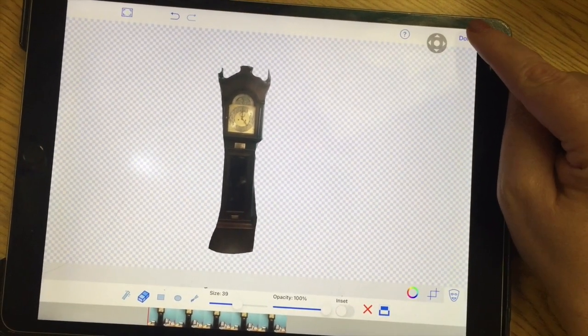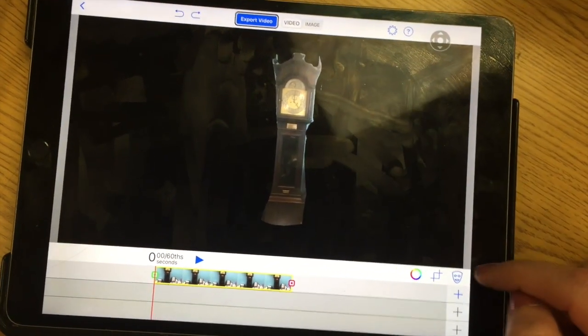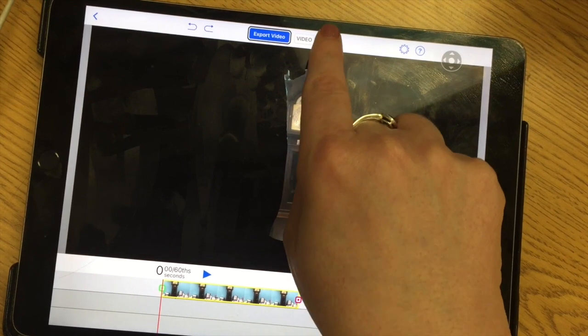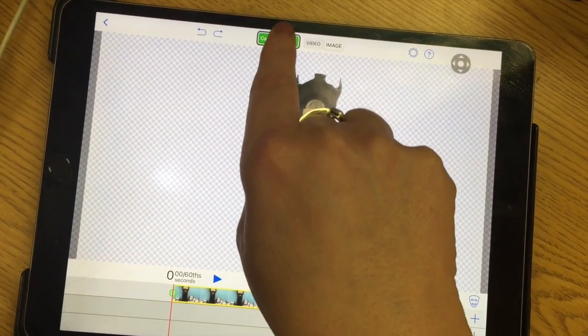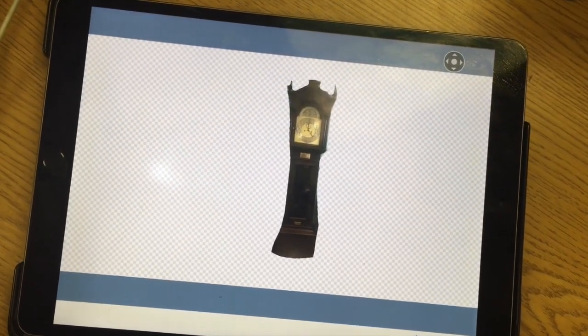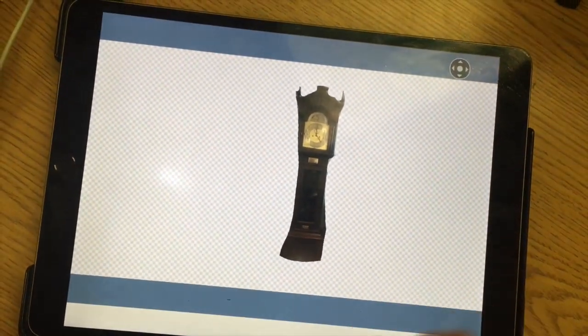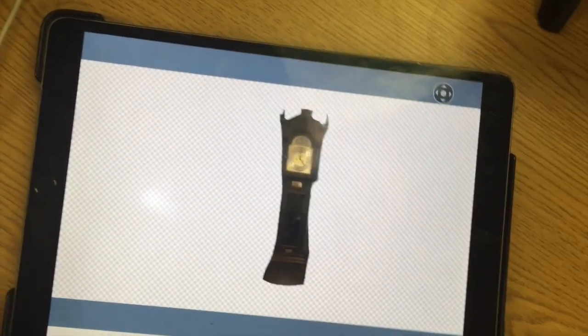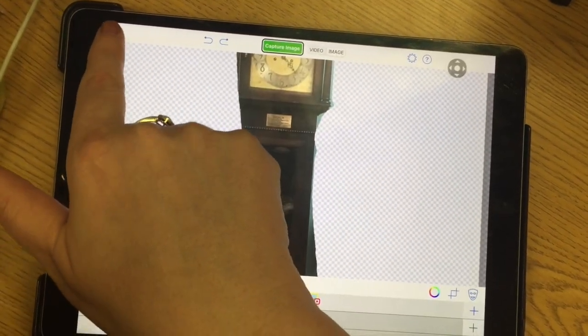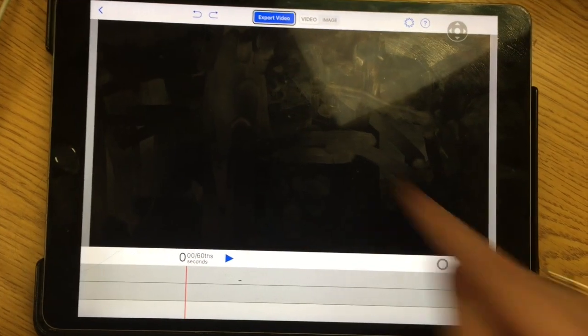When you're done editing, hit done. Make sure that you have a checkerboard background, not a black background, because then you're on video. You want to be on image. Capture image by hitting the green button. Then save your photo to your camera roll. If by chance anything is not saving or you can't access your photos, you'll need to go back into your iPad settings and check Green Screen by Do Ink. Then you can keep going and add more photos, just making sure that you're on image, capture image, not video.